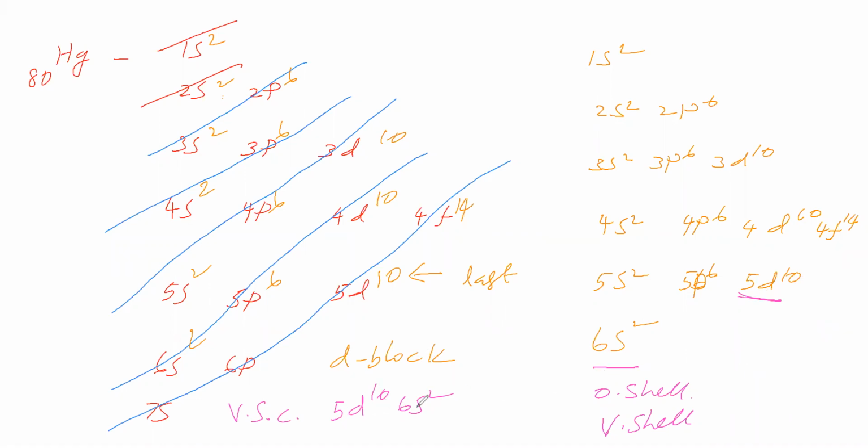Then we will see whether it is a d block element, because the last electron goes to the d orbital. Then we have to say whether it is a transition element or not. A transition element is a d block element whose valence shell d subshell is incompletely filled in elemental form or in a stable oxidation state. In the elemental form this d is completely filled, so we will see the stable oxidation state. So mercury is 5d10 6s2.